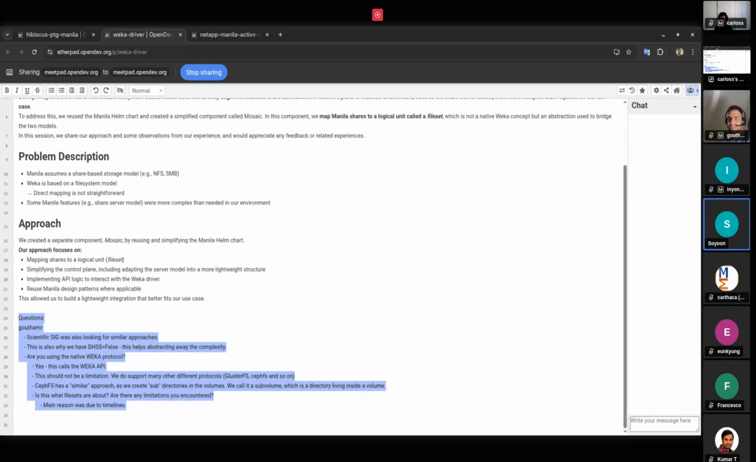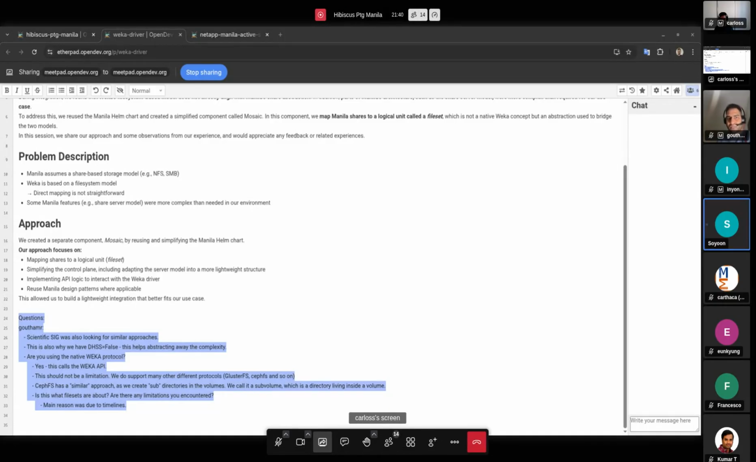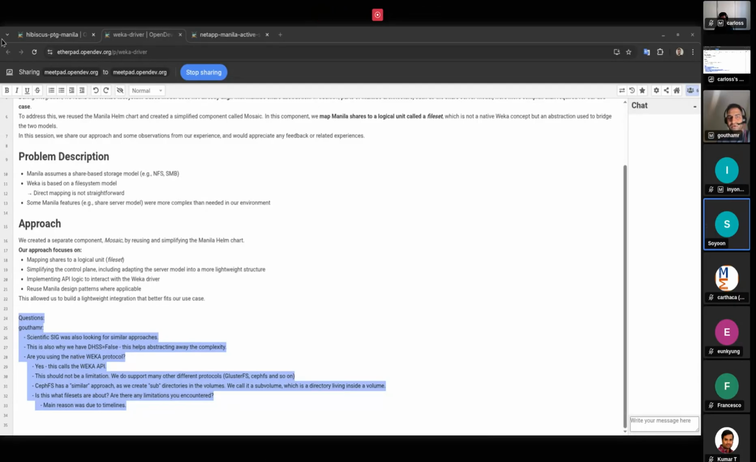So what we tried to do was use the Manila design pattern, but get rid of complex design in order to simplify the component so that we can meet the timeline and requirements in our company. No, that's a good approach, and yes, you're right that this is complexity